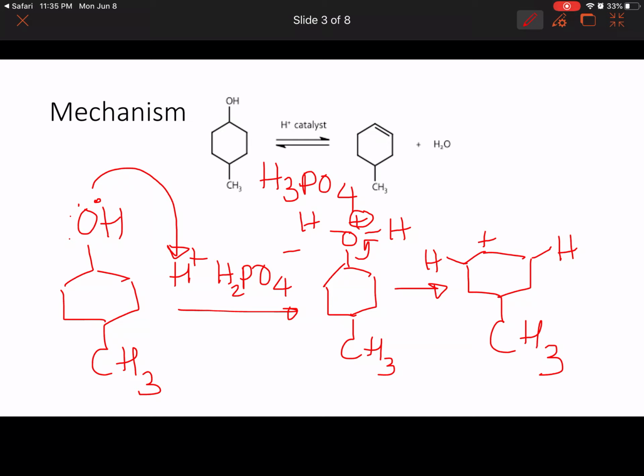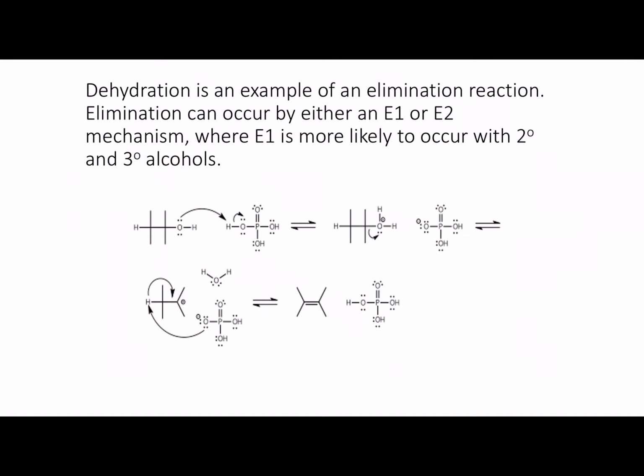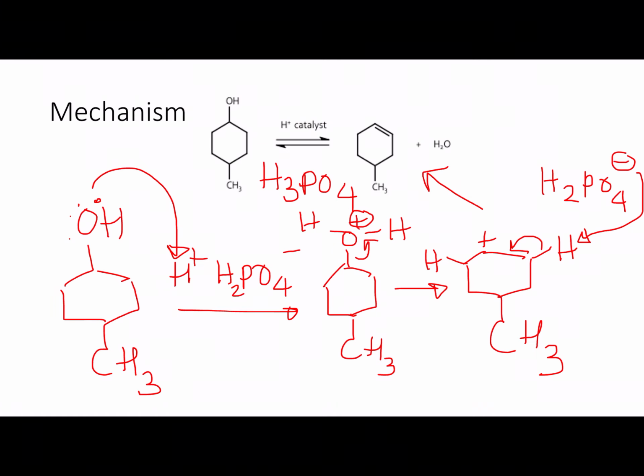So the next part is the conjugate base, H2PO4 minus, going to go and grab this hydrogen, give its electron to form a double bond, and you're going to form our product, this. So that is the mechanism for the formation of 4-methyl cyclohexene from 4-methyl cyclohexanol, which is pretty much the same mechanism as here, but now we applied it to the product reaction that we are doing. Okay,